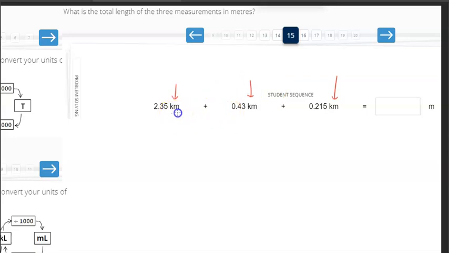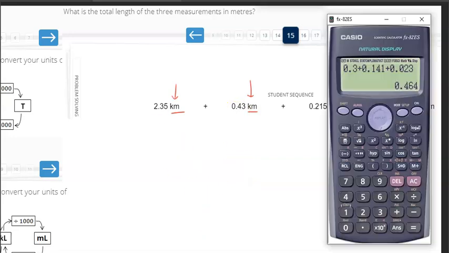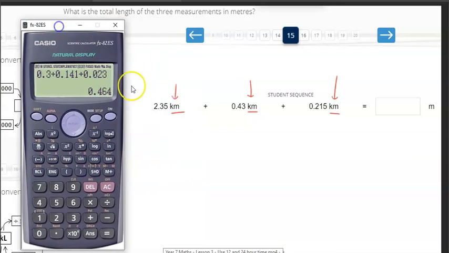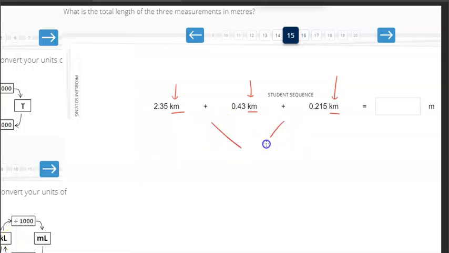The reason why is because all of these have been given as kilometers in the first place. So why don't we just add all of them anyway? Because it's asking to add them on. Let's just get 2.35 plus 0.43 plus 0.215. So this answer is 2.995. So this here, when all added up, is 2.995